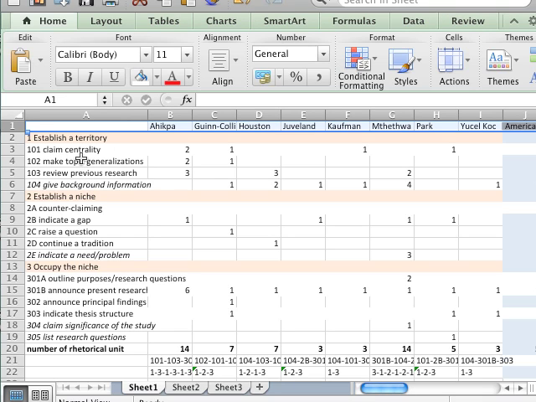some analysis of moves done by Sarah, where we have different general moves like establishing a territory, and then you do that by claiming centrality, establishing niche, and so on. So here's a series of moves. These are in the introductions. And over here are some authors, and this first set kind of associated with American or America. And so you just sort of see the frequency of use of each